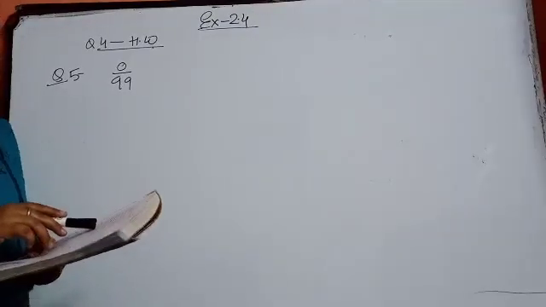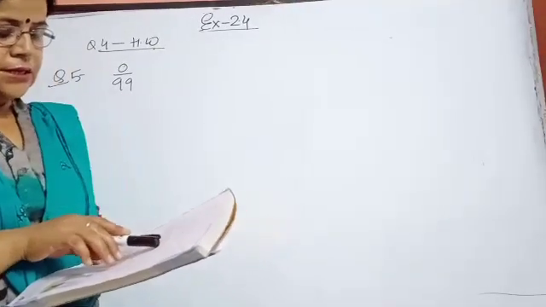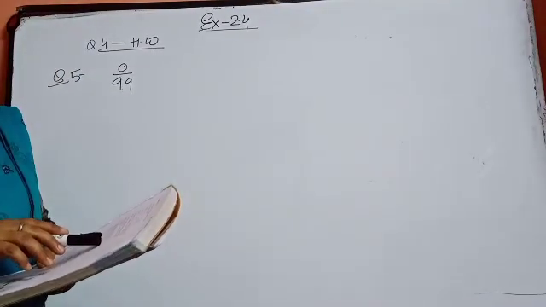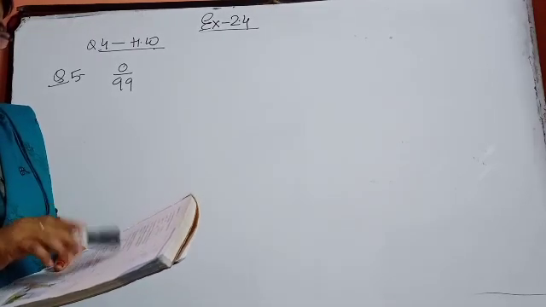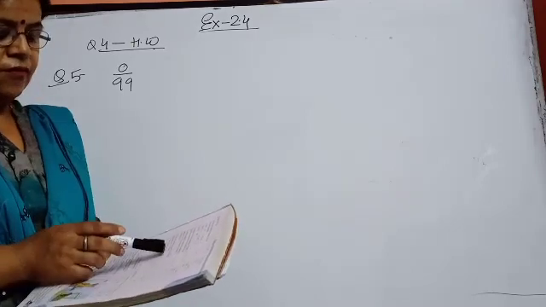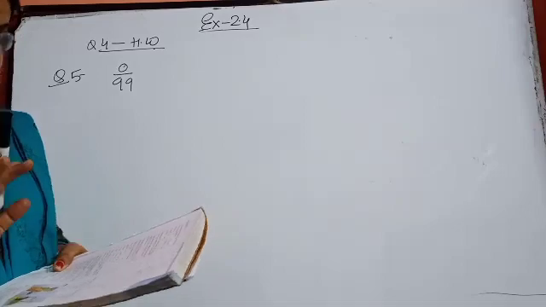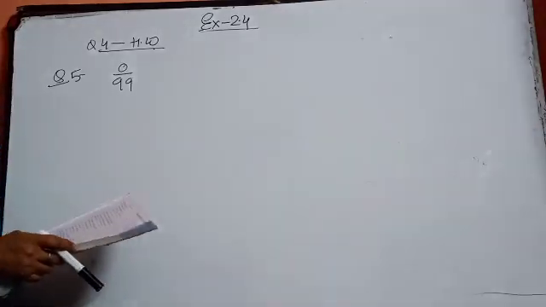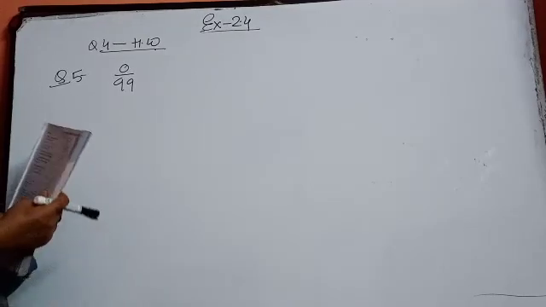See, beta, if the total cost of 91 items is 5,09,600, what is the cost of one item? It is so simple. Whatever the cost is given, divide it by that 91, you will get the answer. So I am leaving this question, you will do this question yourself. Find the value of each of the column.